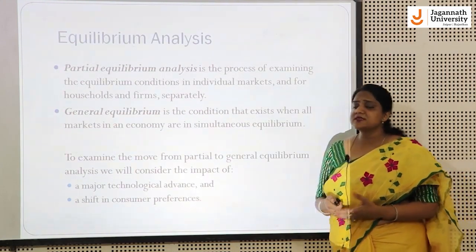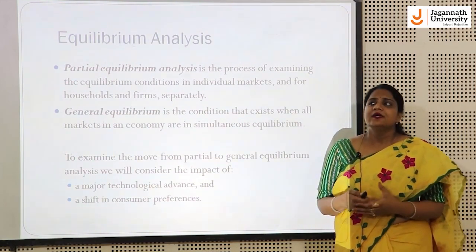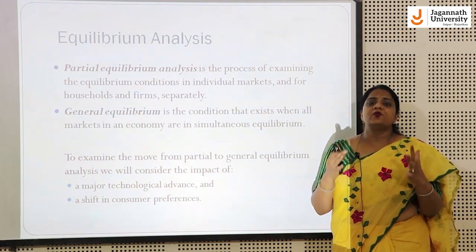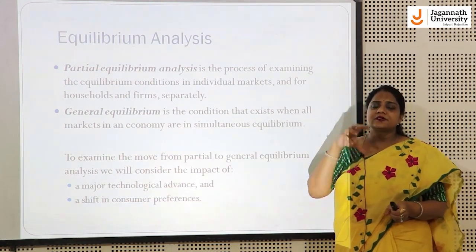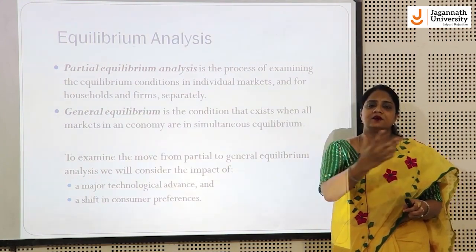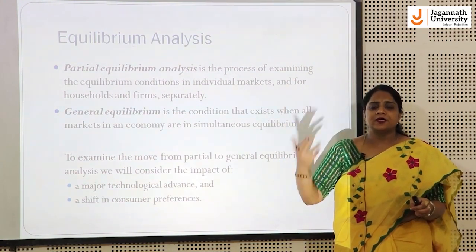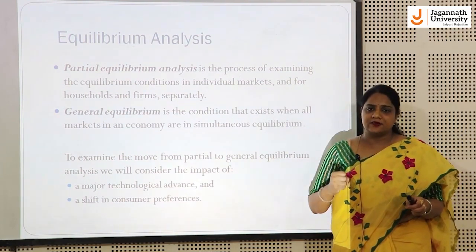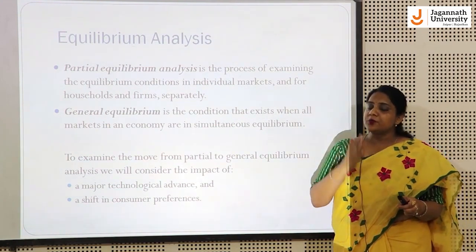Next, equilibrium analysis. So in economics, we do equilibrium analysis. Now, first we will try to understand what is equilibrium. Equilibrium is a kind of situation where basically you want to be. So from the firm's perspective, a firm is in equilibrium when they are utilizing their resources in a manner that they are satisfied with the level of output, with the level of revenues, with the level of the sales, with the level of the production capacities they are having. They are satisfied with it, right? So that is a kind of situation where a firm wants to be and doesn't want to